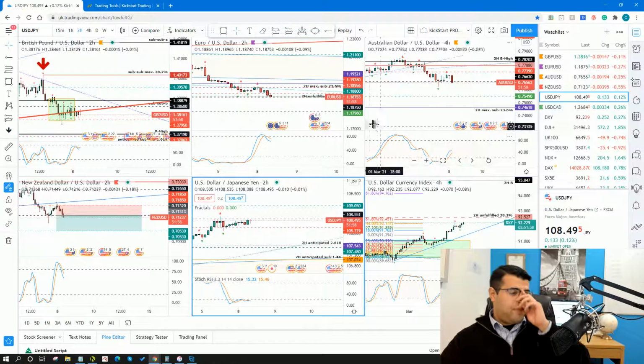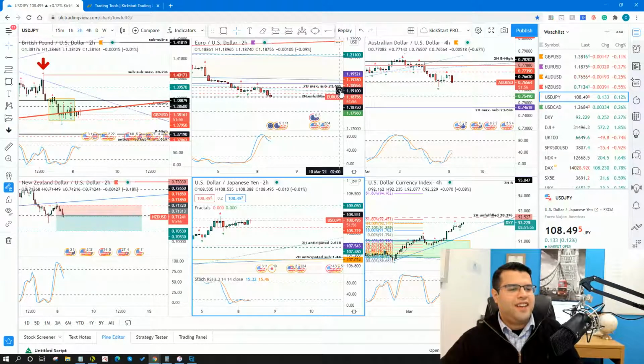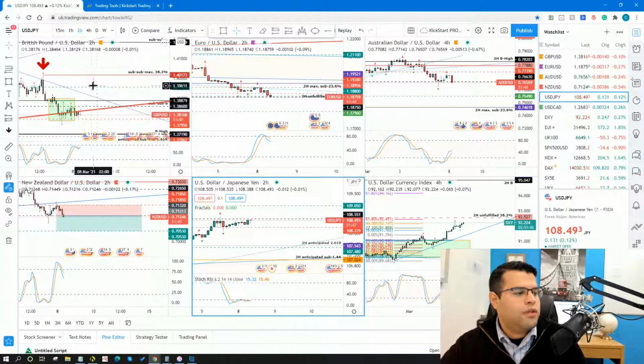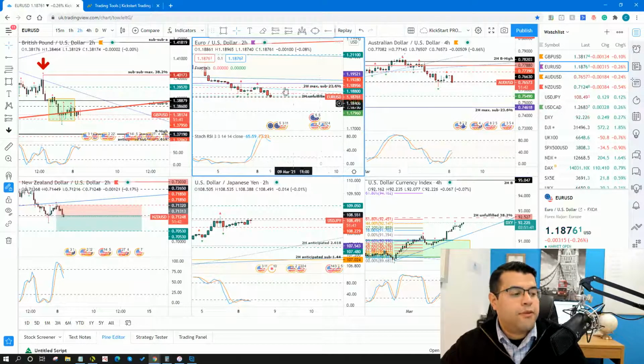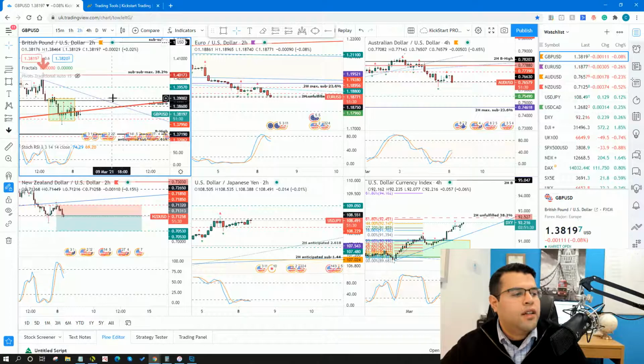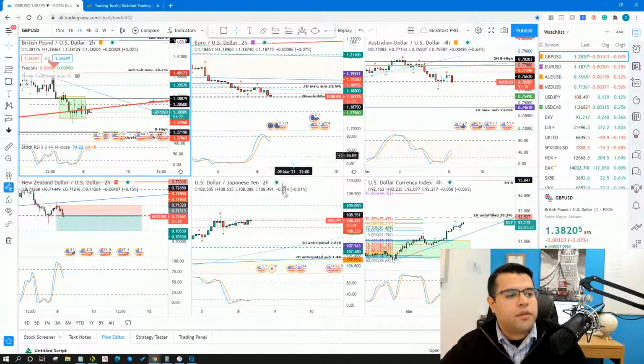So we kind of inadvertently had a little sesh on the dollar here as well, but that's a good thing because now we can kind of go back and I can show you what I'm looking at. So in terms of euro dollar, okay, that's ripe for a sell, pound dollar may well be as well, even with the pound strength I've been talking about all morning. Okay, again, because of the pressure built up behind the dollar.